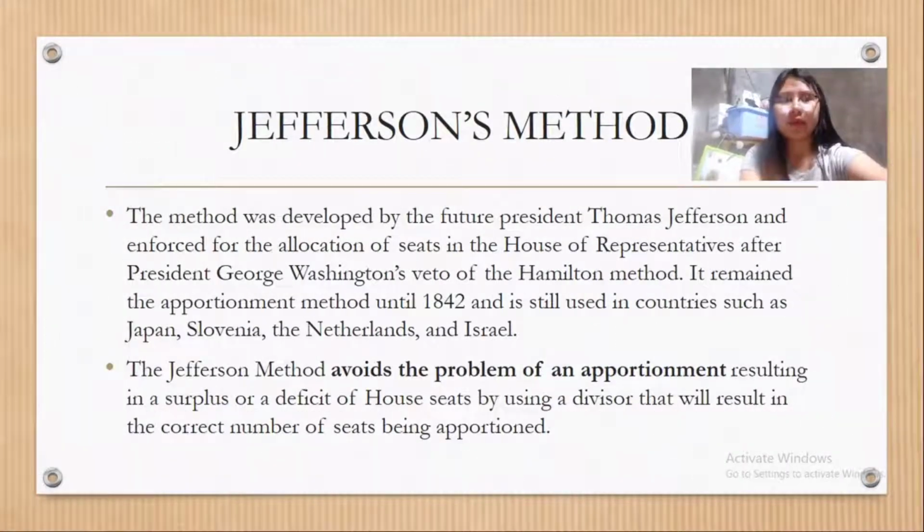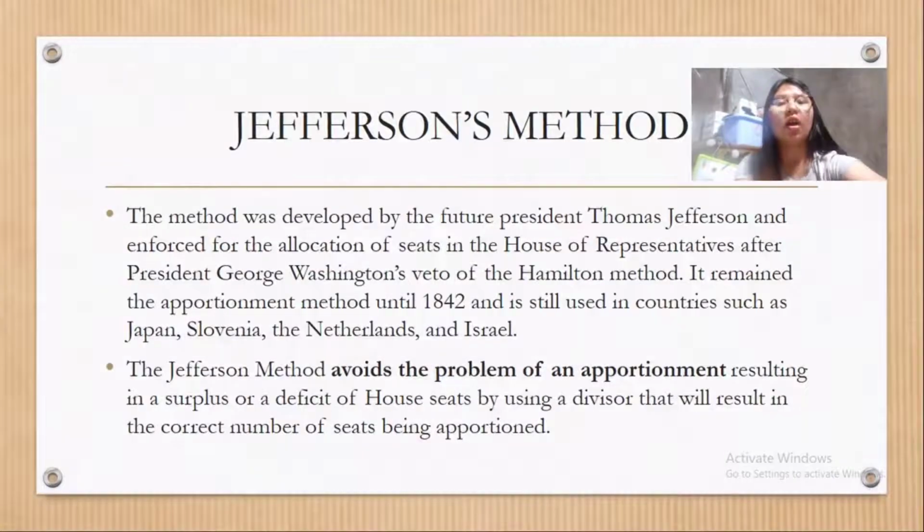The next method that we have is Jefferson's method. It was developed by the future President Thomas Jefferson and enforced for the allocation of seats in the House of Representatives after President George Washington's veto of Hamilton's method. This method remained the apportionment method until 1842 and is still used in countries such as Japan, Slovenia, the Netherlands,